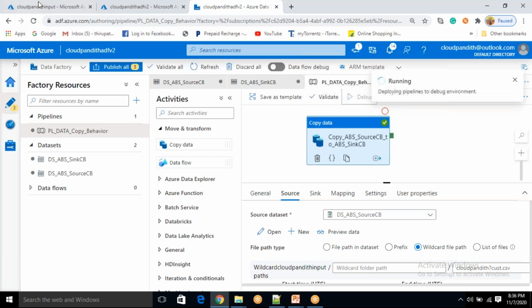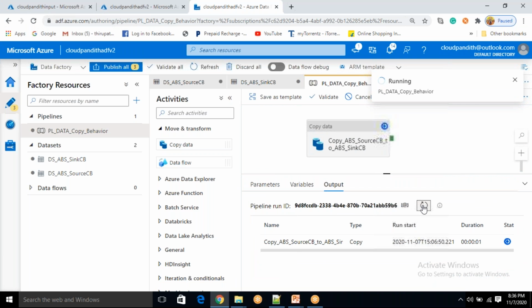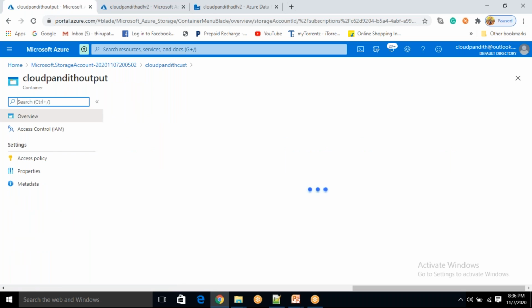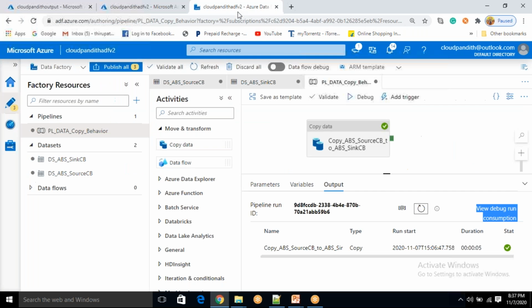Let's click debug now. It will pick for sure, I'm very confident. It is successfully copied, I guess. Let's go into our Cloud Pandit output. See, this file came. Clear, Parmesh? This is your question, right? Yeah, thank you.